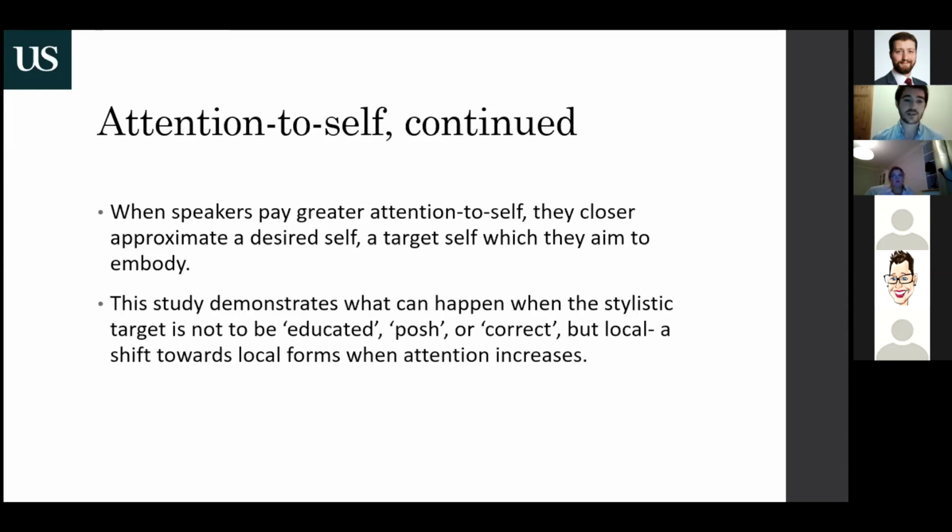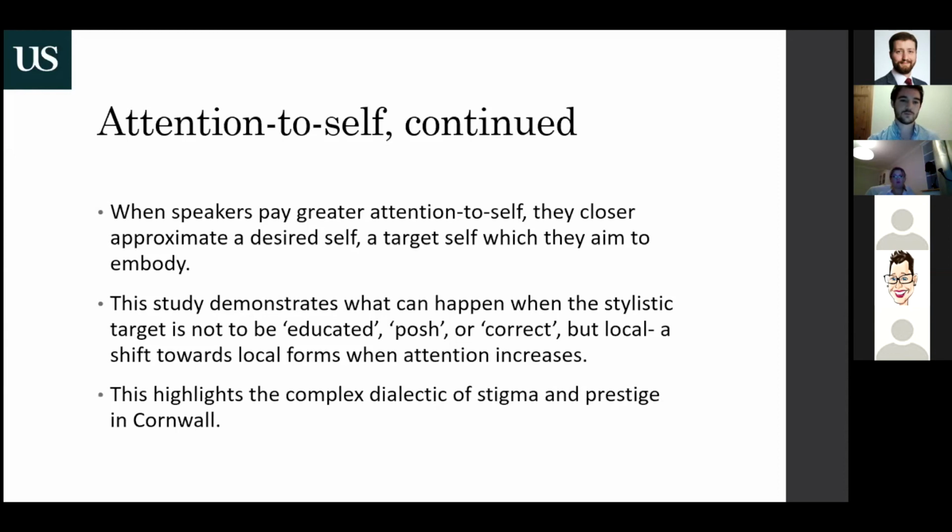Okay, so this demonstrates what happens when the stylistic target isn't to be educated or posh or correct, as we typically expect to see in these sort of classic sociolinguistic studies, but the stylistic target is local in this context. And this manifests in a shift towards local forms when attention increases as opposed to away from them. And I think this finding really highlights the complex relationship between stigma and prestige and the Anglo-Cornish dialect in